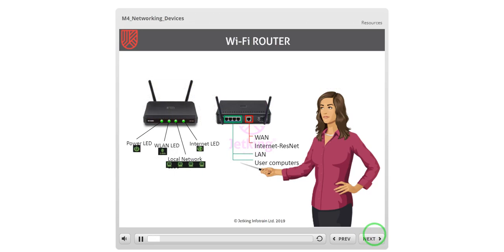On the front side, there is the Internet LED, which is a solid light that indicates connection on the Internet port. The Power LED indicates a power connection to the power supply. The WLAN LED indicates that the wireless segment is ready. Local network LEDs indicate a connection to an Ethernet-enabled computer on ports 1 to 4. On the back side, there is the WAN port, which is used for the Internet. It is a connection for the Ethernet cable. LAN ports are used to connect Ethernet devices such as user computers, switches, or hubs.